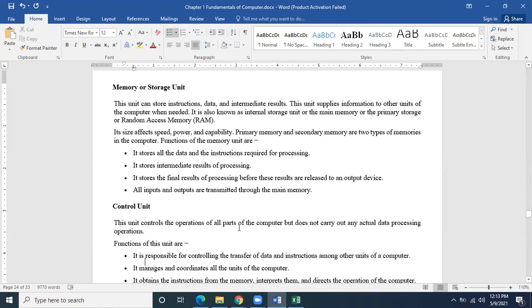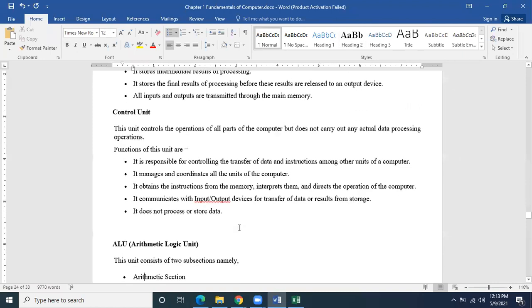Now, who is giving all these instructions to perform this operation in this way? The control unit. The control unit is just like a traffic sergeant who involves all the operations with his permission. He gives the permission to do the operations, and he performs all these operations accordingly.